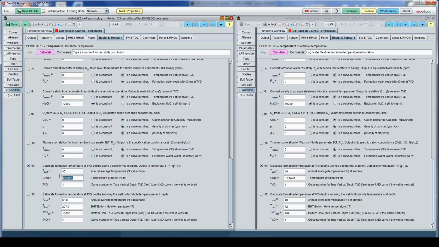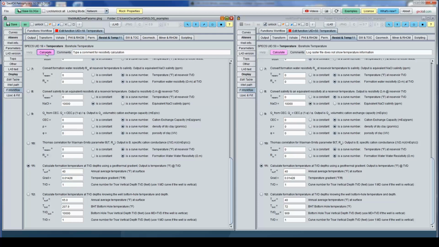The default geothermal gradient is this one, and since we are assuming this is a vertical well, TVD is 1. If the well is not vertical, you have to enter the deviation survey file, the trajectory file, and then compute a TVD curve and enter the number of that TVD curve. We usually put the TVD curve on the curve number 2. Okay, so far let's put in 1.